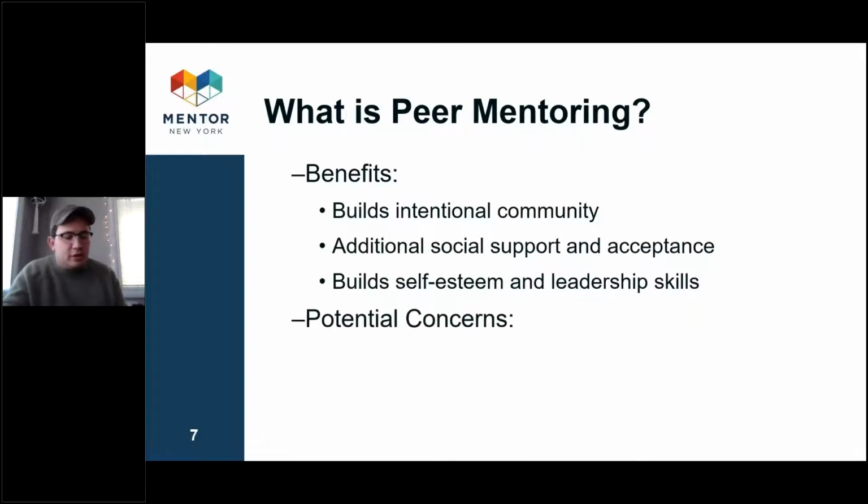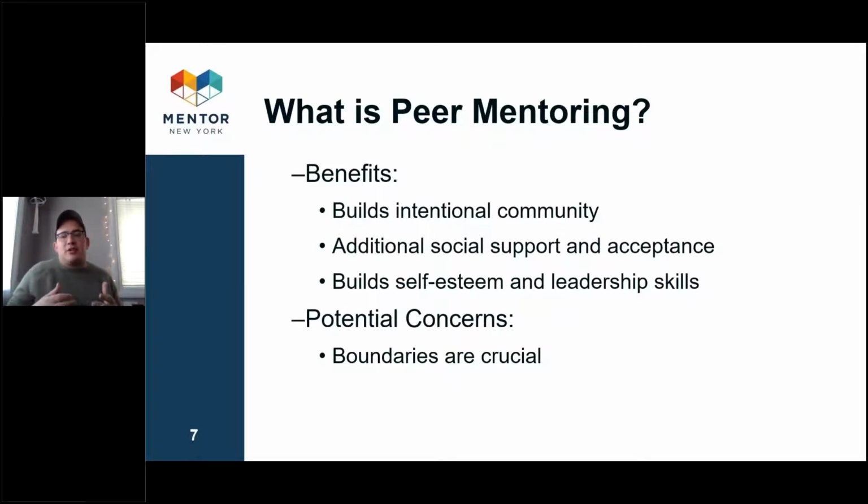A few of the potential concerns or pitfalls that you really want to make sure you're paying attention to. The first is that boundaries are crucial. Whenever the mentor-mentee are close in age, it becomes a lot more dangerous that they will begin to blur their boundaries. They'll begin to stop seeing themselves as mentor-mentee and just as like good friends. And part of that is great. That's why peer mentoring is so powerful, is because they're able to really be approachable as just a true friendship experience because they are